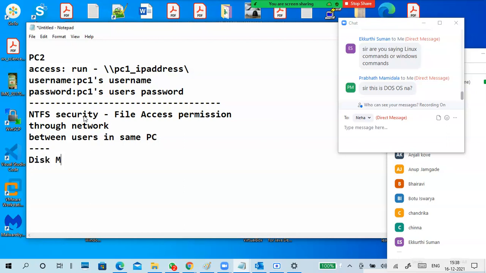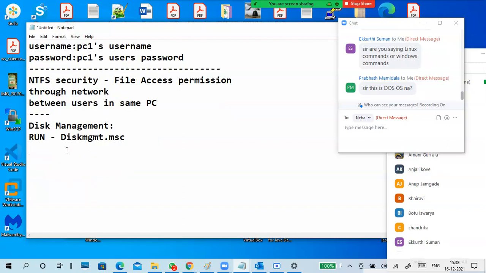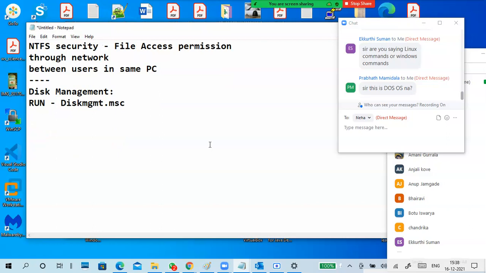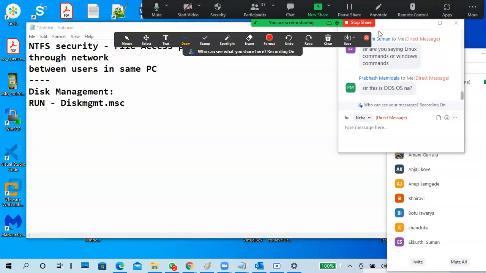We'll go to disk management. What are the things you have done in disk management? Go to Run and type diskmgmt.msc. Let me take an example here.